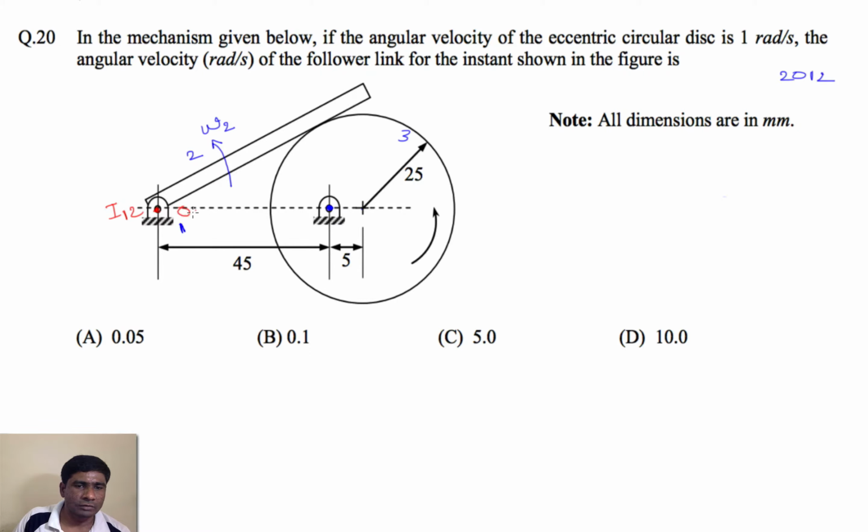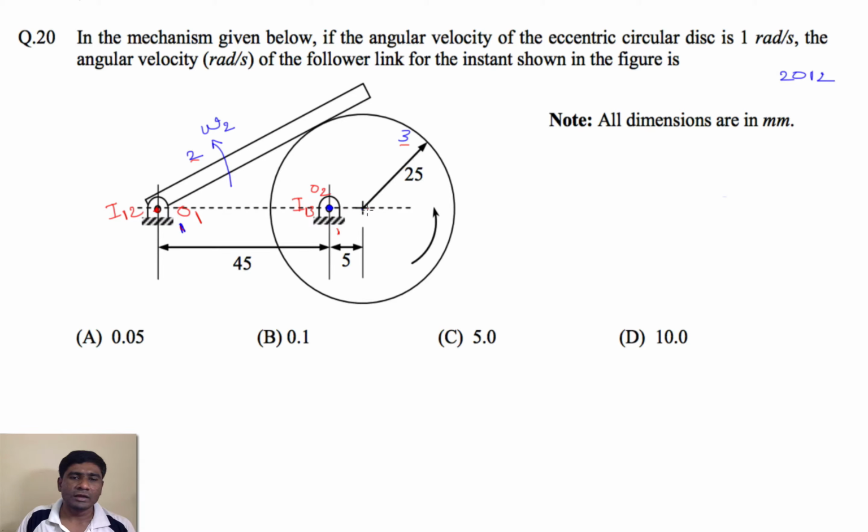Let's say this is O1. And what is the instantaneous center between link 1 and 3? This is again link 1, so this is I13 at a point O2. And the instantaneous center between 2 and 3, what could that be? We know from Kennedy's theorem that for these three links, link 1, link 2 and link 3, in relative motion with each other, the instantaneous centers of these three links should lie on a straight line.